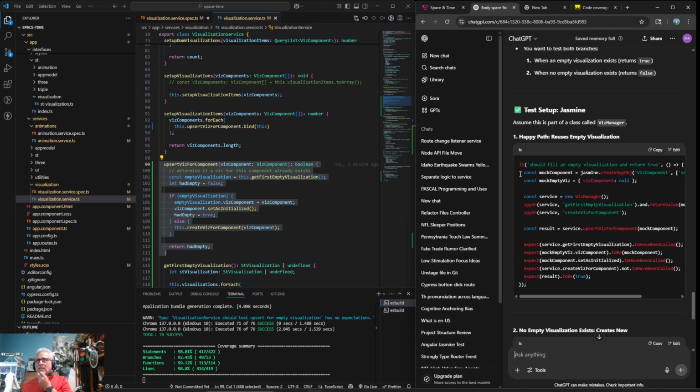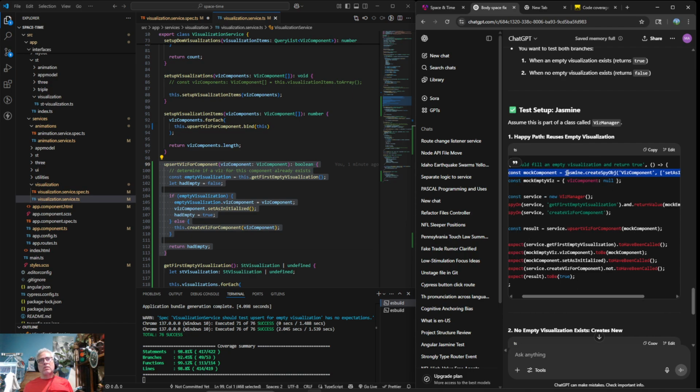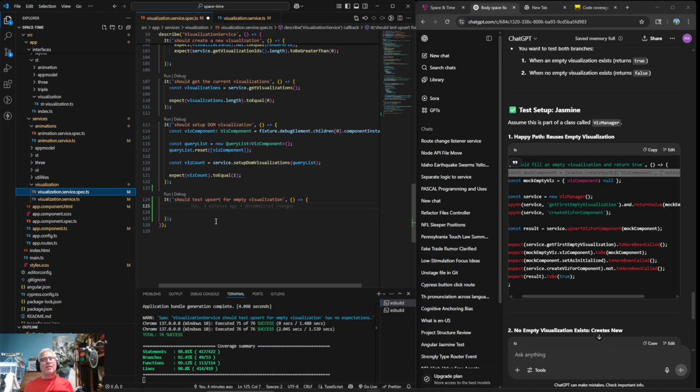So let's try this first line and see what happens. Basically, this is going to create a mock component. What I don't like about this is that it's locking me into Jasmine. Since I'm going to use this sort of thing a lot, I'm going to have to completely rewrite or abandon unit testing at some point. I don't know when, and who knows, because the Angular team has had examples of things deprecated since Angular 4.